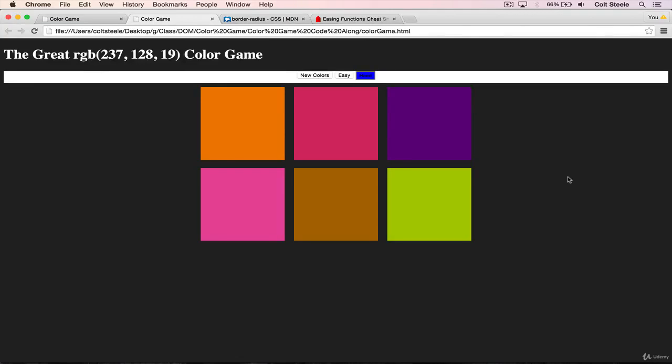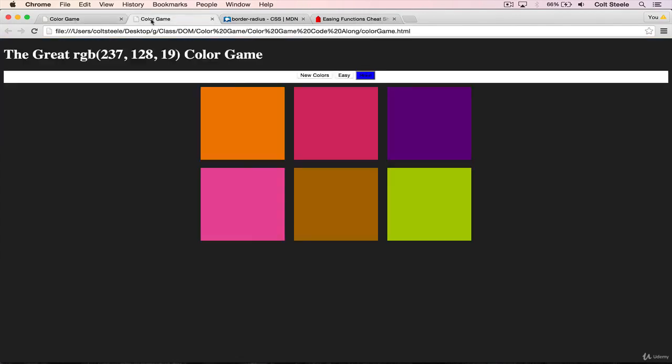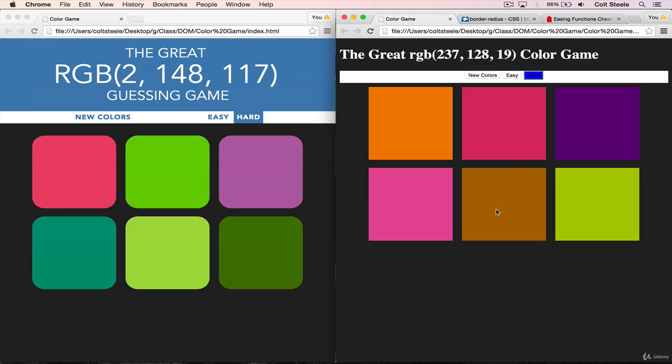Alright, welcome back. In this video, we're going to work on the styling of our site. Right now, it's definitely nowhere near what it's supposed to look like at the end. So let's actually compare them side by side. Here's ours over here. So some of the big changes we need to make, rounding the corners, adding some spacing